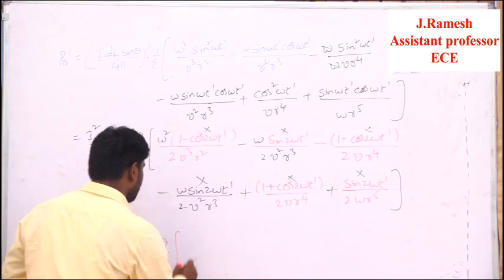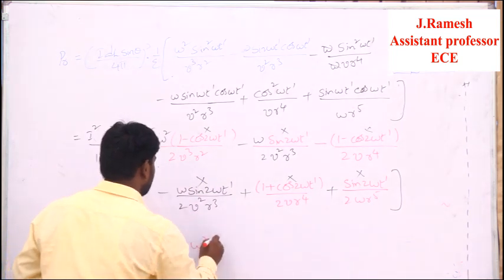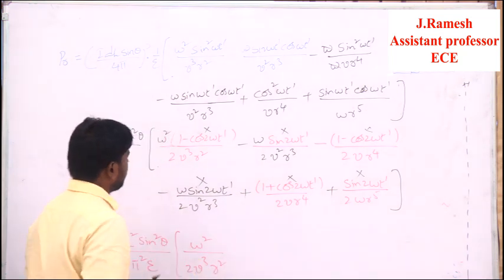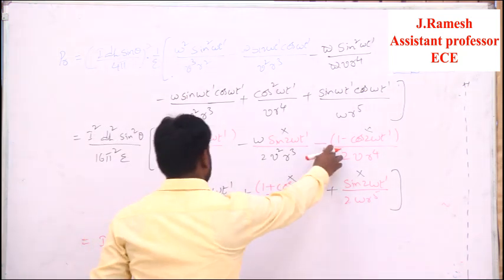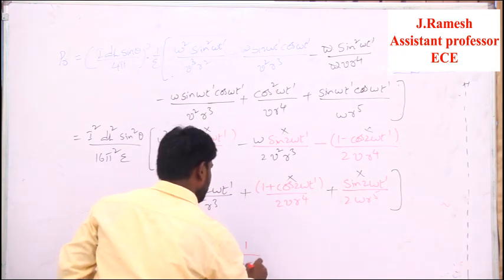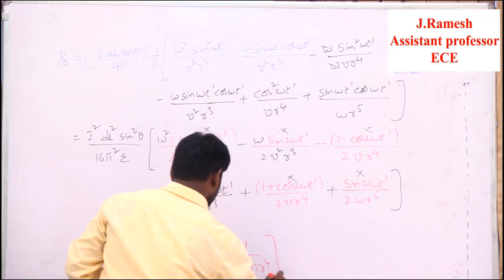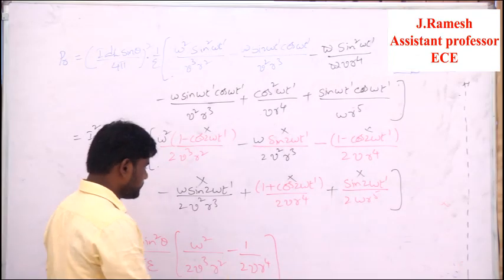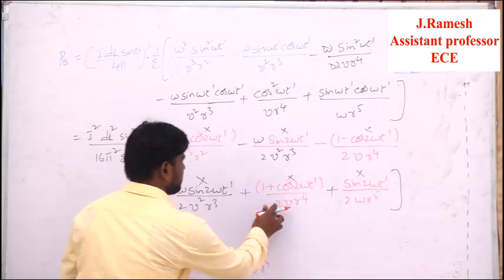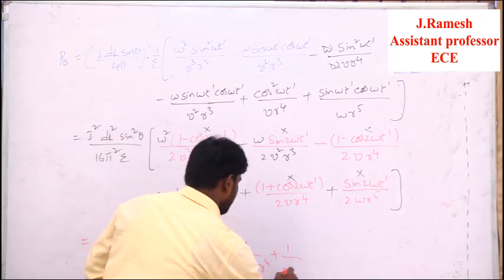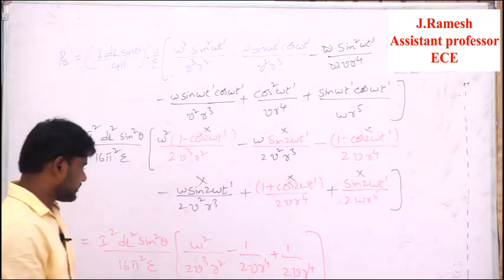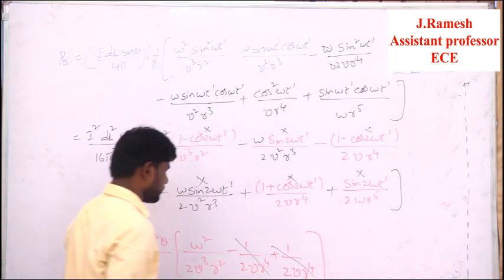should be multiplied with omega square by 2 into v cube into r square, and one term is left here. One more term is also there, minus 1 by 2 into v into r to the power of 4. If you observe here, there is one more term, that term is given by 1 by 2 into v r to the power of 4. So now from this we can say that both are the same terms, both are going to be